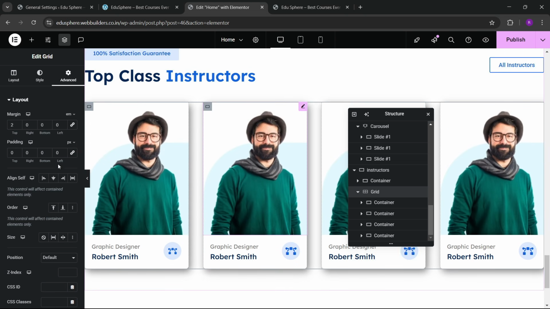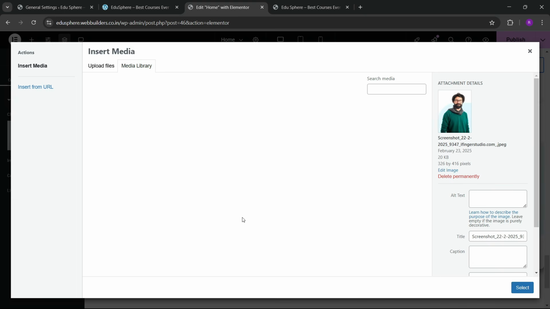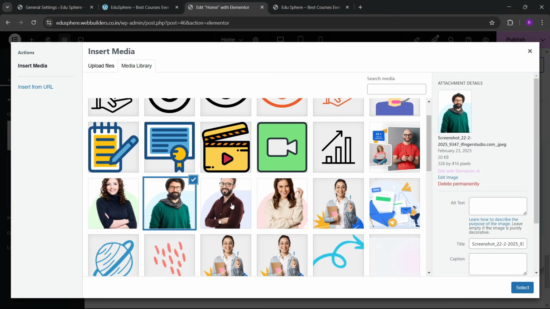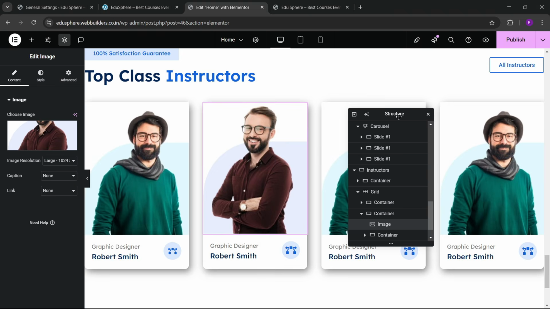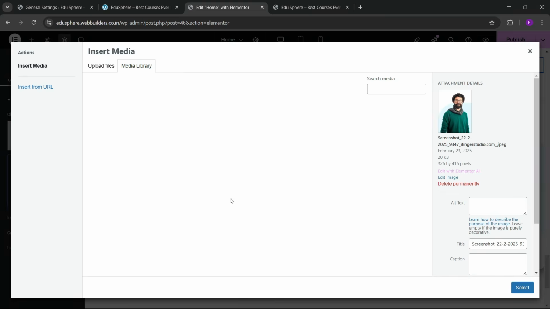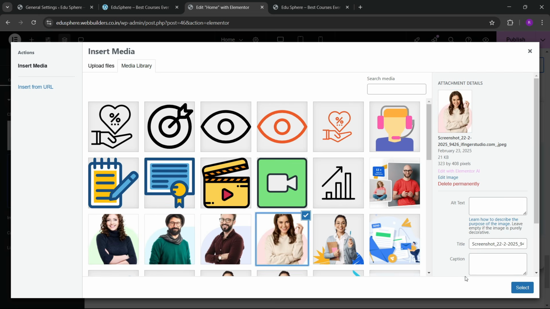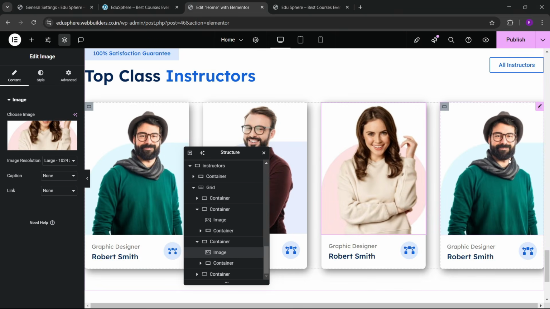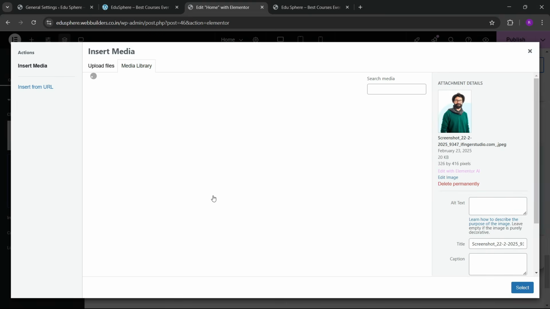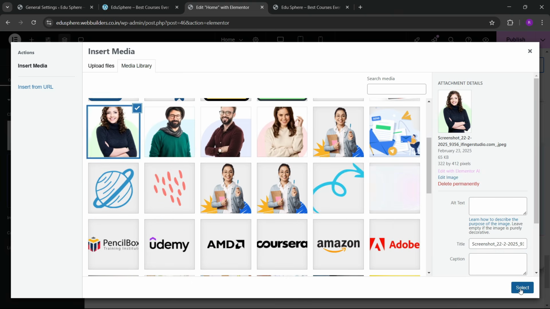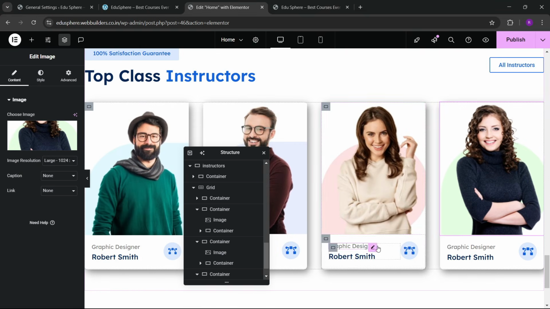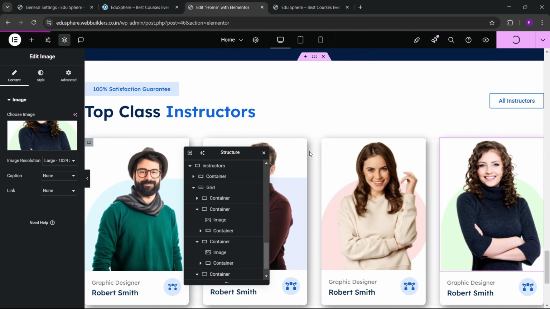Then we have this. Now we can go here and we can display this content like this. Here you can display these images, like let's choose this image. Similarly, we can choose the different image for the different one, like this here, and I will give you all these images in the video description, so you can follow along with me. And let's choose this image at last. Okay, just replace all of this content. Let's publish,